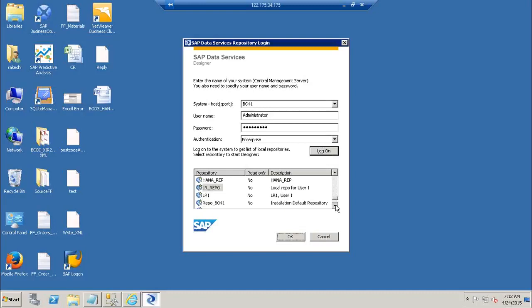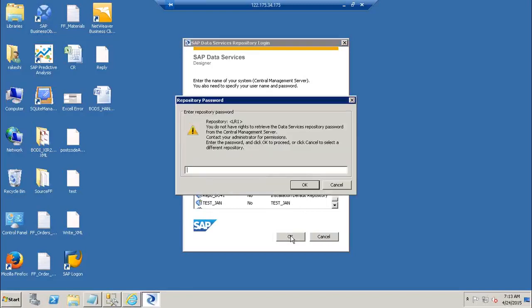So once you click on login, the newly created repository will also be added to the list. Or if I restrict a user to look at only this repository, then when I log in with his credentials, only one repository will be displayed here in the list. So select the repository and click on OK, and here you need to give the database password